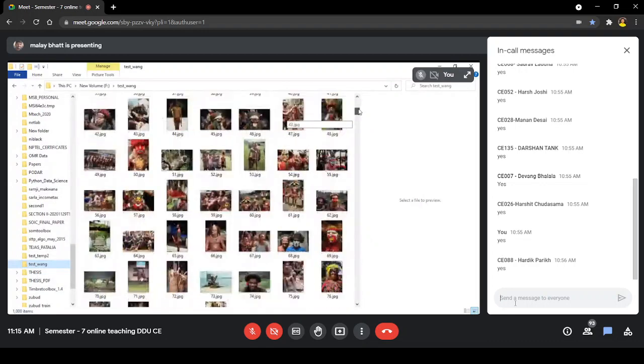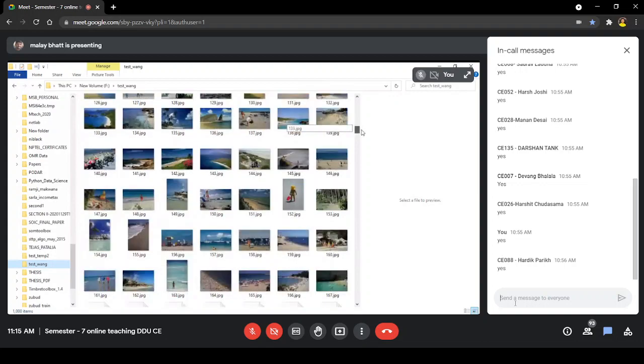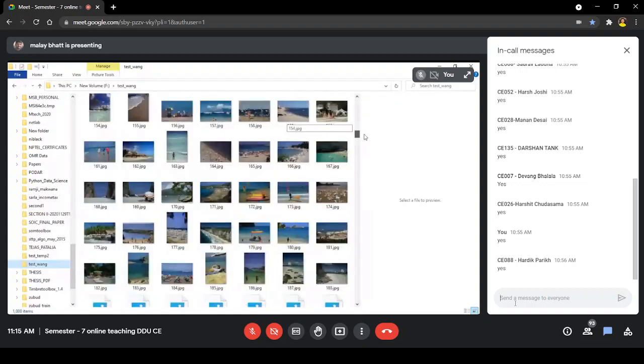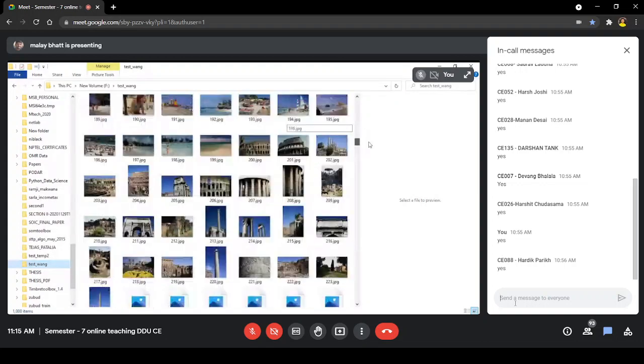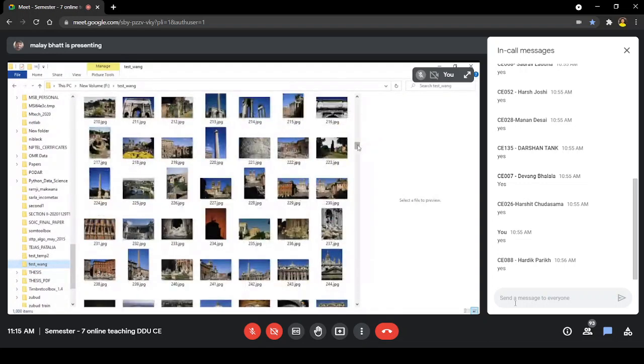Then you can see there are pictures of a seashore or beach. All the beaches are shown there. The third one is showing the different buildings. So these are the different categories.